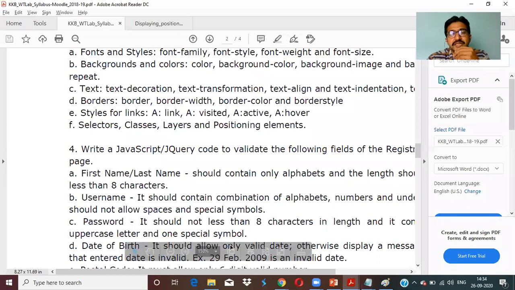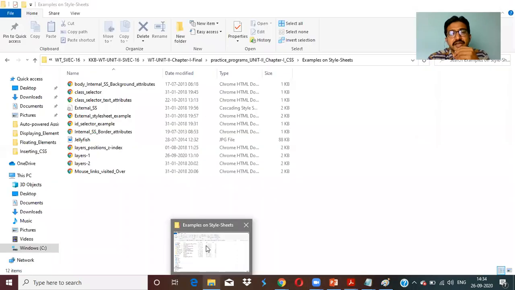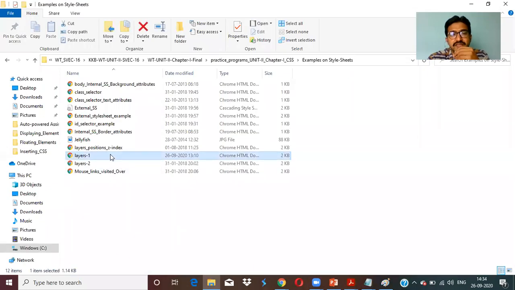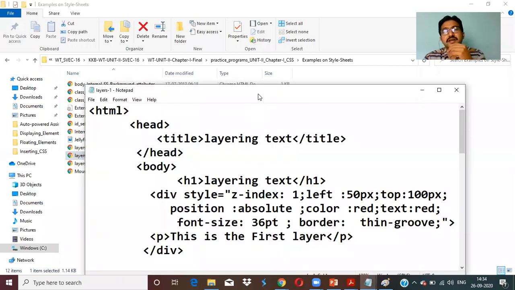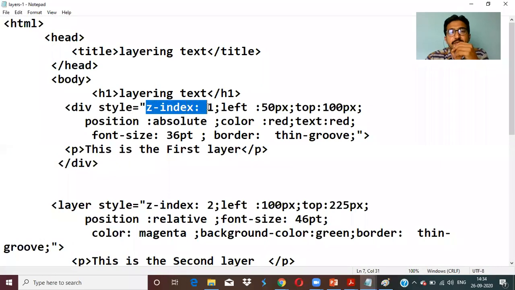Now what layers will be discussed is, here layers will be discussed in detail about the value of Z index. So here is one attribute called the Z index attribute. This Z index will decide, for example, in the positioning of the elements, if one after the other it is overlapping, then who will come first.